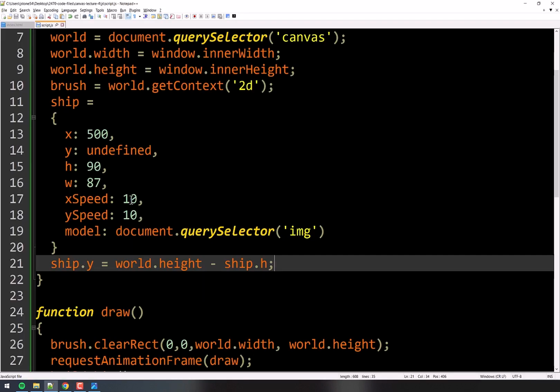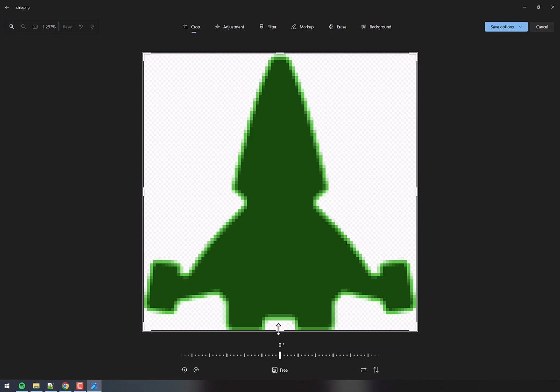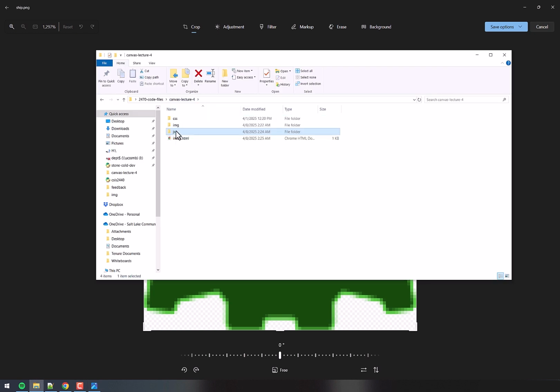And remember, the height here is 90, right? We got that because we put it here. And how did we know that? Well, we looked in here and we were able to measure it with this tool here, right? Normally when you download an image, you'll have some way of knowing what it is. Either the place you downloaded it from tells you, or if you just hover over an image right here, we go into image, if I hover over it, it tells me right there 90 by 87 as well. So there's lots of different ways to figure it out.